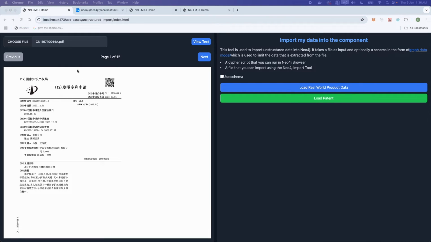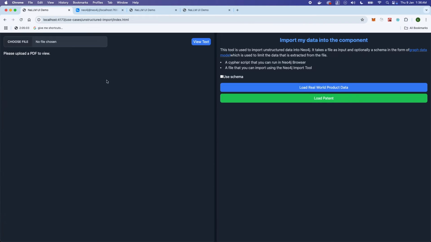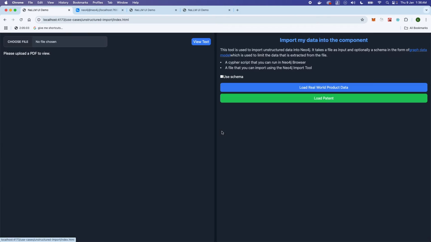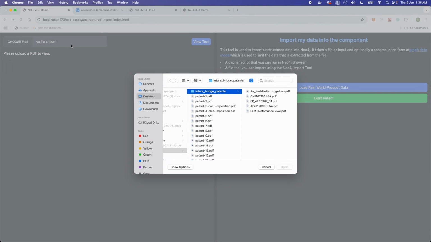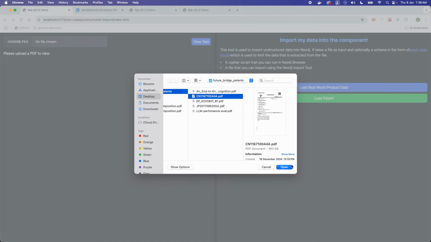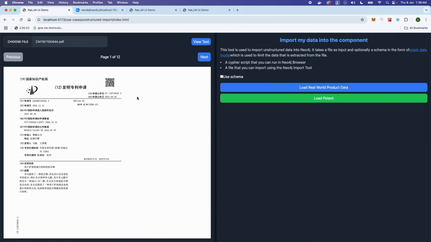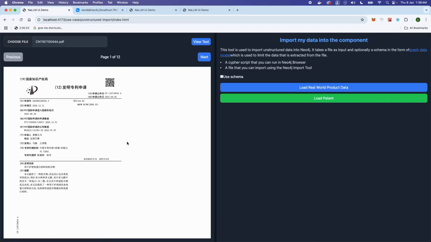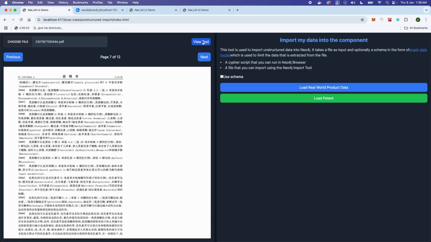Just to end things, I would like to show you one more feature that this system inherently got when I built it. So what happens is this is a Chinese patent. Now when I convert it to view text, all of the Chinese text that was present inside of this patent has been extracted,